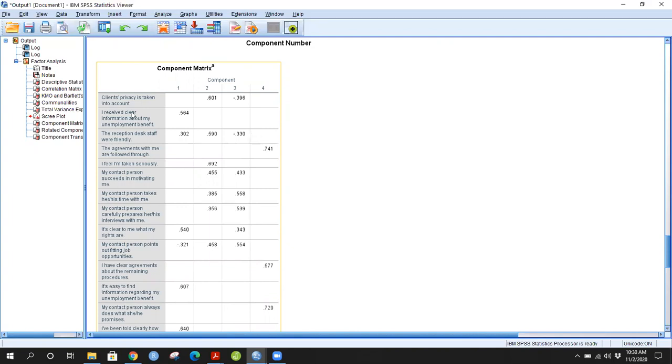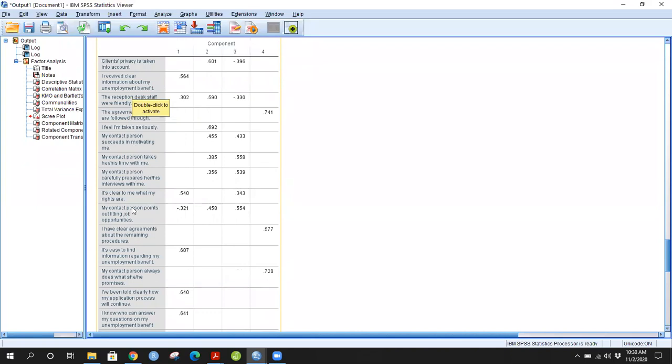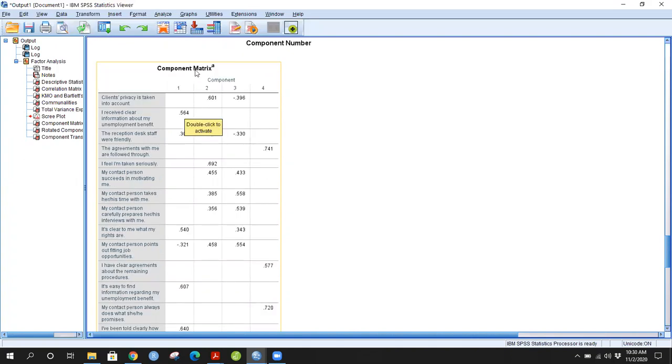So what you see over here is that all your rows are nothing but the variables, right? And what you have on the column side are the factors, the components that you retain, 1, 2, 3, and 4. Now each variable has to load on a factor depending upon how much common or shared information that variable shares with that particular factor. So basically we're trying to come up with some components, some factors. Component and factor is one and the same thing. Now those factors will be nothing but groups of variables which share common information.